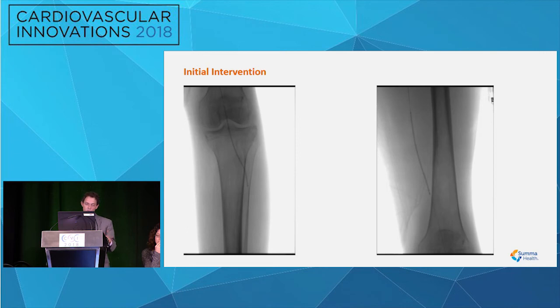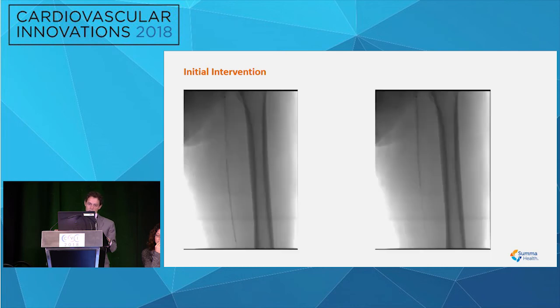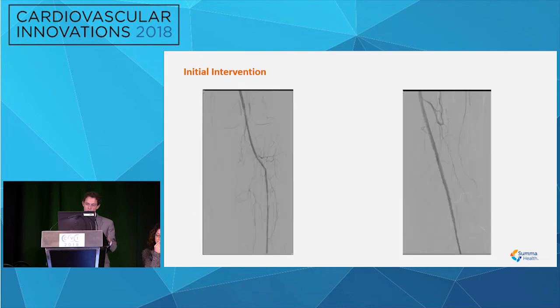So then I used an 014 wire to get through the popliteal into the AT. I used a Miracle Brothers 3. Went through without a lot of difficulty, but it did take a little bit of work and some time, but I did verify that I was in the true lumen of the AT distally. So then I just went through with a chocolate balloon, ballooned open the AT distally,